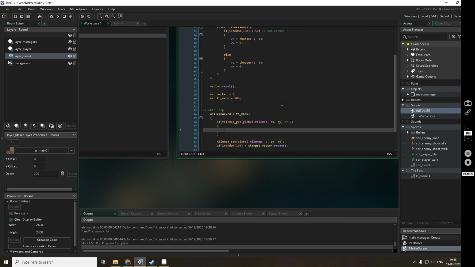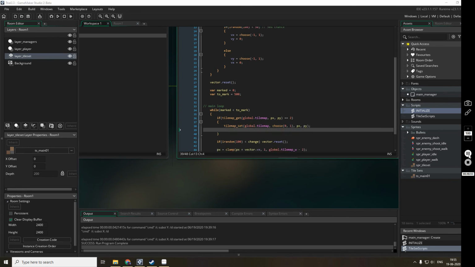If it is 2, then tile map, and yes, so where were we?